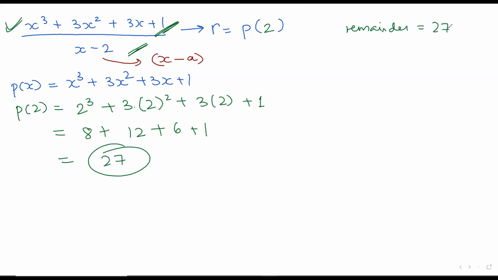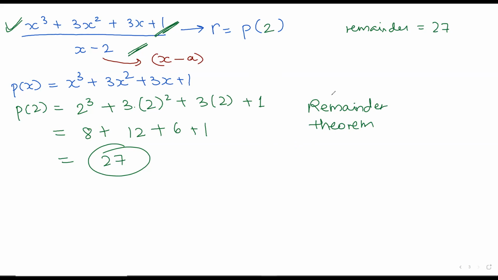Yes, Mridula, you'd like to say something? Ma'am, by this method, what is this method known as? This is what we are doing. This one is called the remainder theorem. Okay. This is called the remainder theorem. And once again, I will state the formal definition of the remainder theorem. The remainder theorem says that if you have a polynomial,